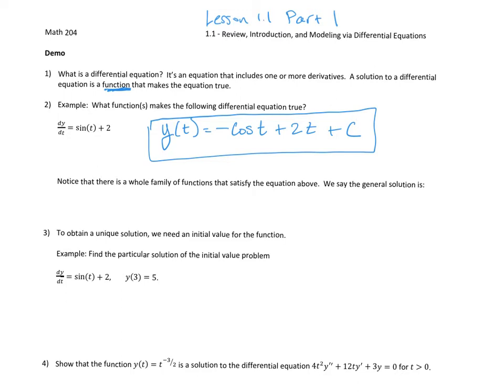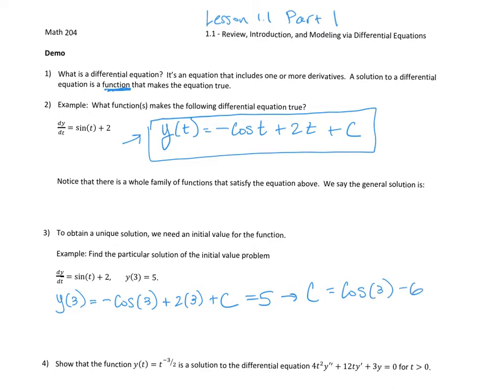So for example, same differential equation, dy/dt equals sine of t plus 2, but we want to find the particular solution that satisfies y of 3 equals 5. So I know the general solution is this, and I want y of 3, which in this case would be negative cosine of 3 plus 2 times 3 plus c. I want that to equal 5. So then I can just solve for c. So that means that c would be cosine of 3